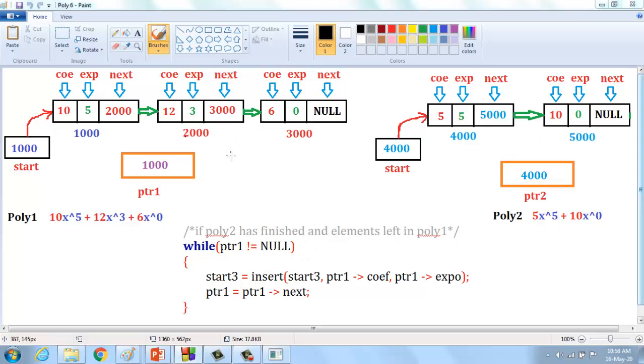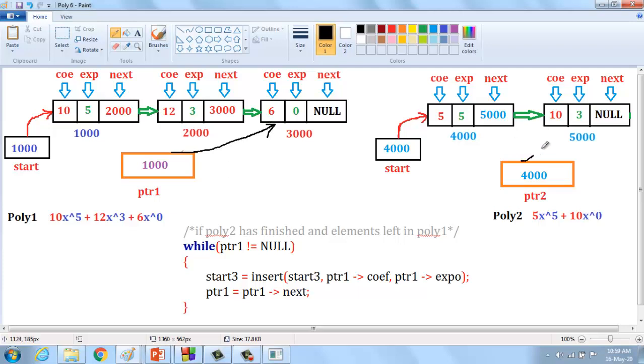Take an example. So this pointer is pointing to the last node in the list.